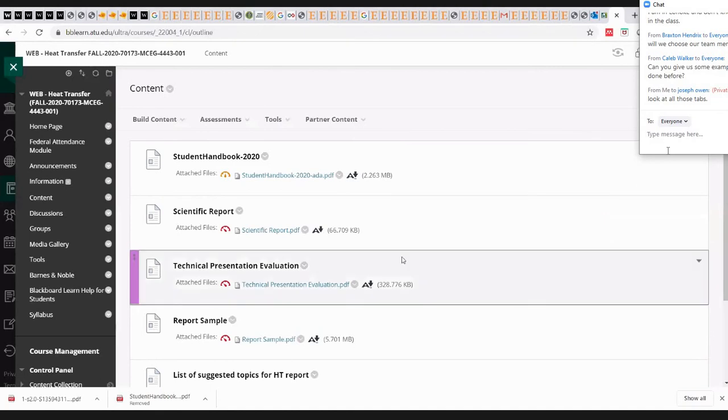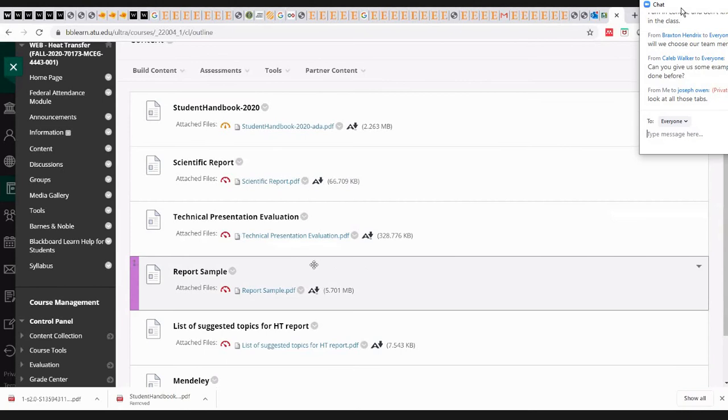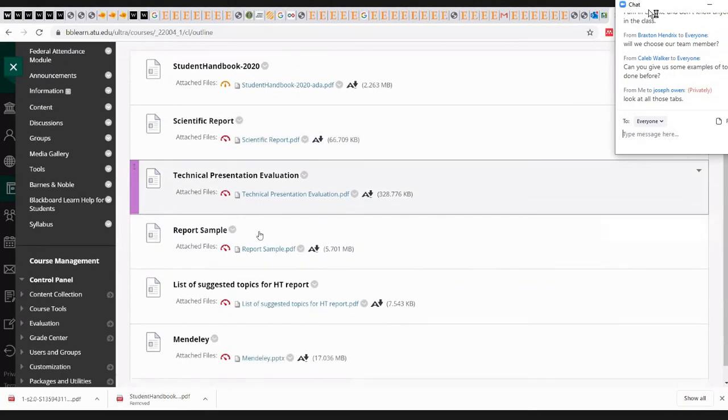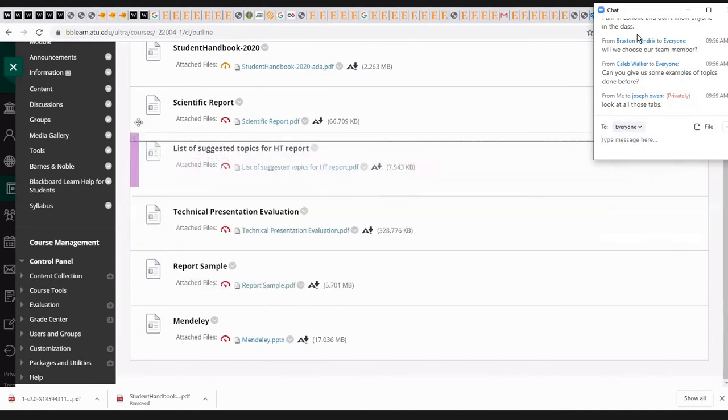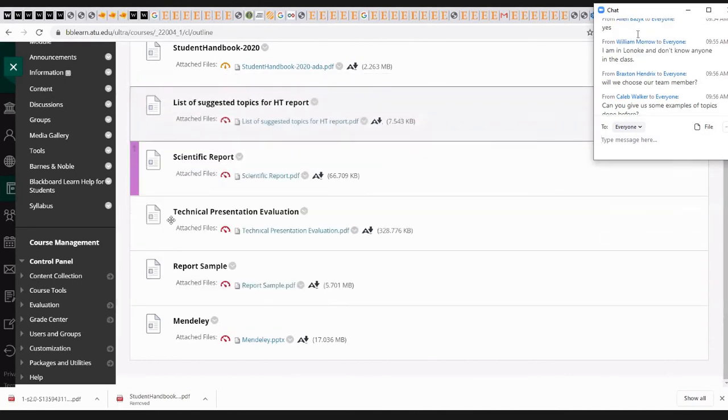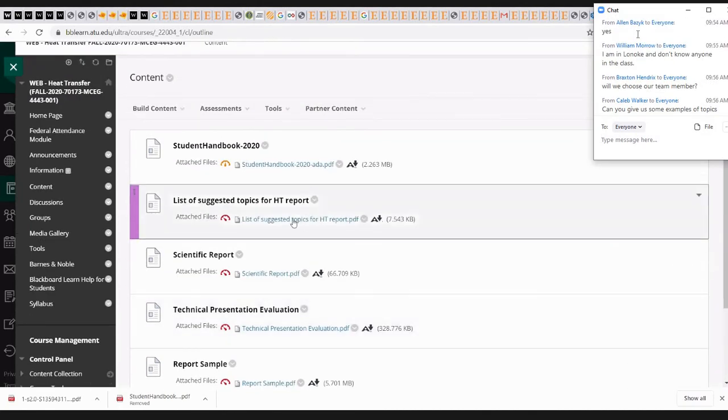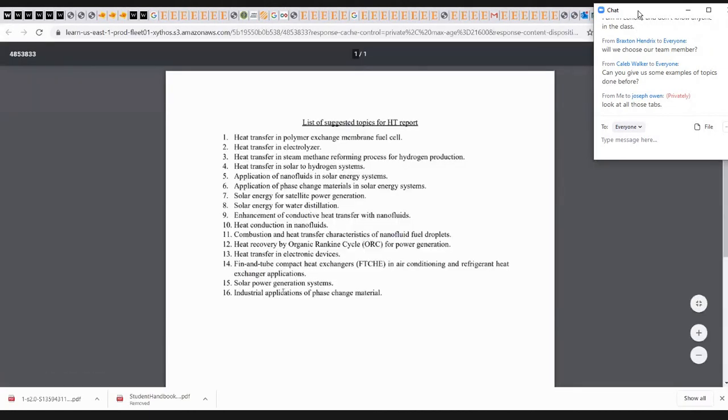Okay, on the Blackboard, you can see here the list of suggested topics. So you can see 16 different topics: heat transfer in polymer exchange membrane fuel cell, heat transfer in electrolyzer, heat transfer